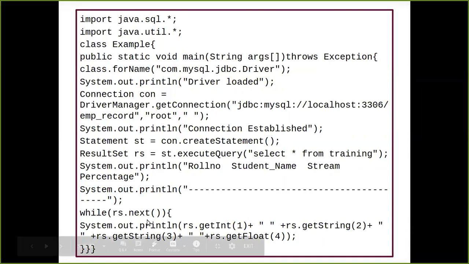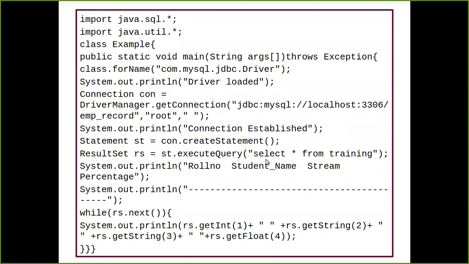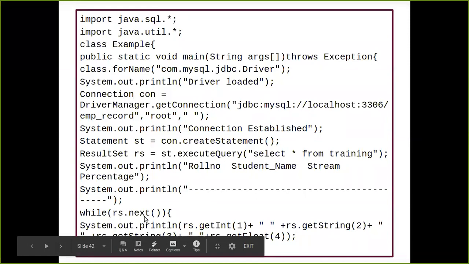Now we have a method called the next method. So we have a condition over here, while. Inside the while condition, I'm using the object of your result set, because ultimately your select query has been fired over here. So rs.next. What is happening over here is that whenever this query is executed, the while condition goes row by row in your table in your database. It will visit your first row, considering it and fetching the values from the first row.